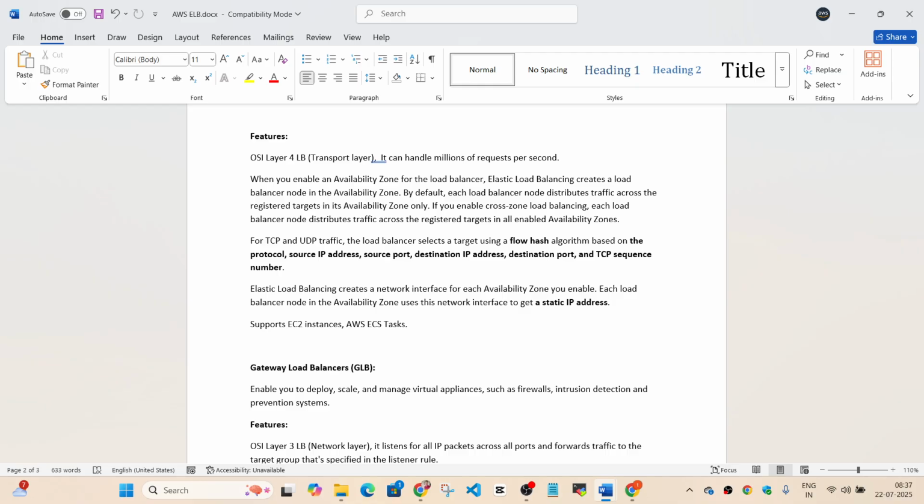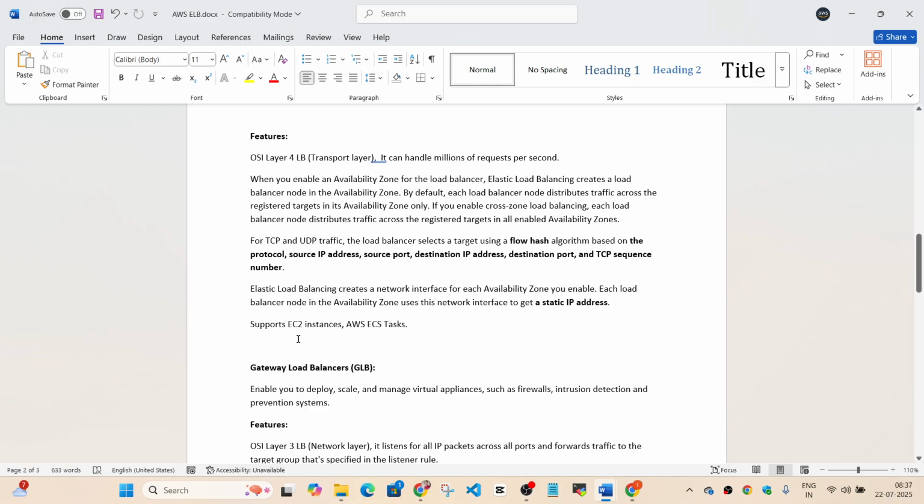So once again, if you have a requirement where you want to associate your load balancer with a particular type of application, and the requirement is that the ELB should have a static IP address, in that case, you have to go for NLB. Okay, NLBs work with static IP addresses. Once again, a very important interview question. If you have a requirement where you want a static IP address for your load balancer, it has to be NLB and not ALB.